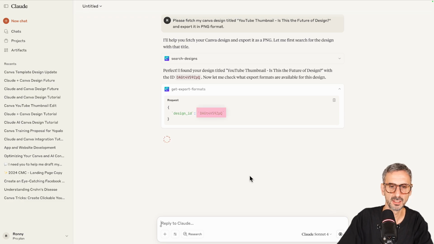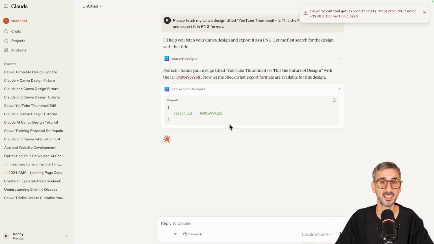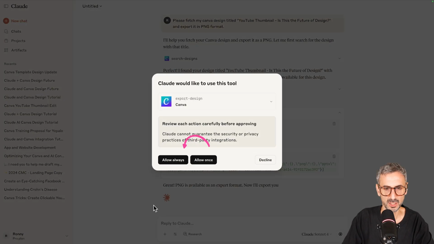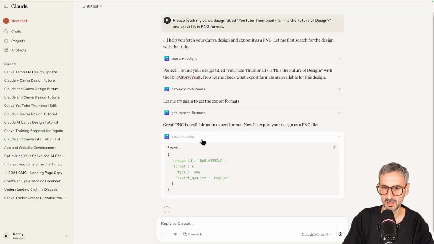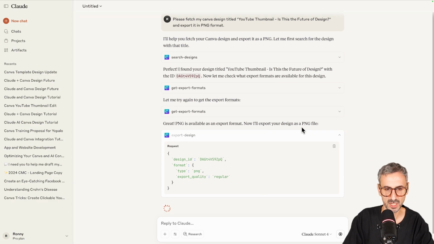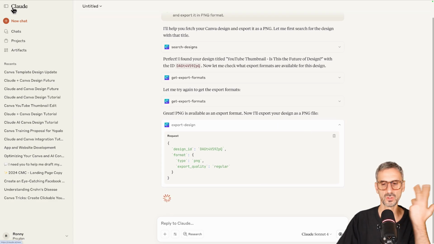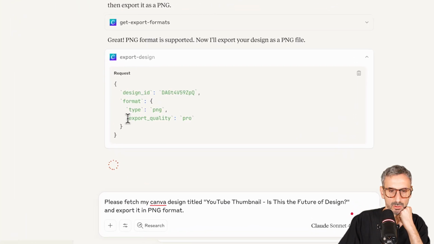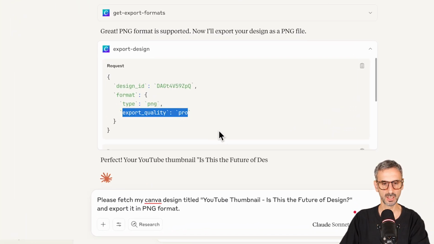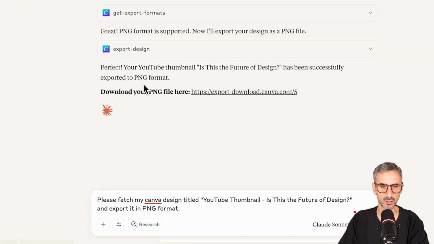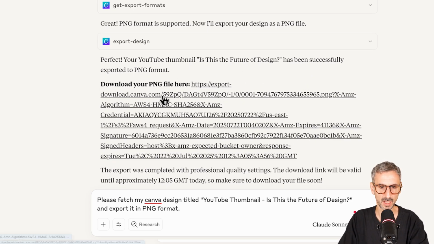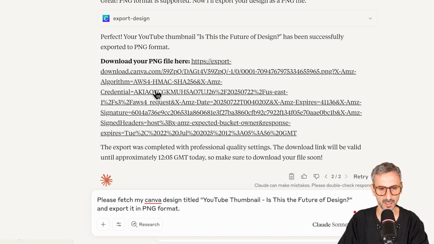It's interesting that it gives a design ID. So each design has its own ID. See, I run into another error. Let's try. PNG is available as an export format. Now I'll export your design as a PNG file. Let's see. Should be giving me a download link for this PNG. Okay, so it decided to set the export quality to Pro, and there you go. Perfect. Your YouTube thumbnail, is this the future of design, successfully exported to PNG format, and it gives me a